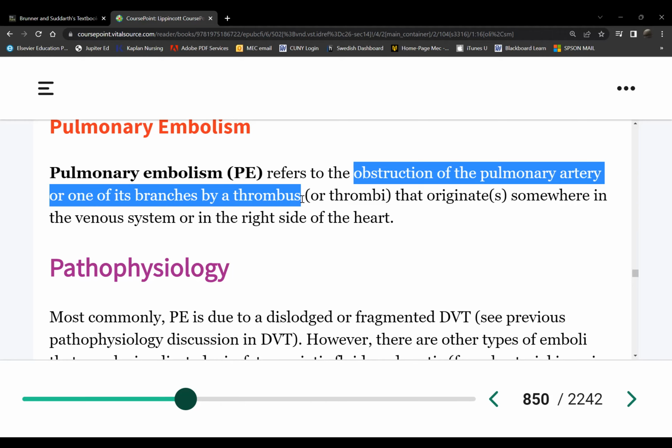The problem here is no oxygen to the rest of the body because the very arteries that go to the lungs to get oxygen, can they get oxygen and return to the heart? No. Not all pulmonary arteries are blocked though. So that's why we have three categories of pulmonary embolism: low risk, submassive, and then massive PE. We'll look at the manifestations because they will be different for each one.